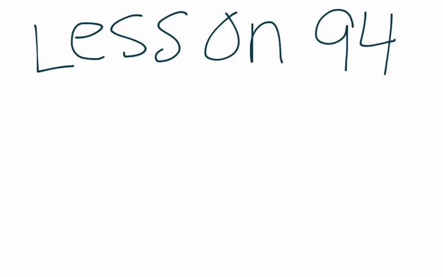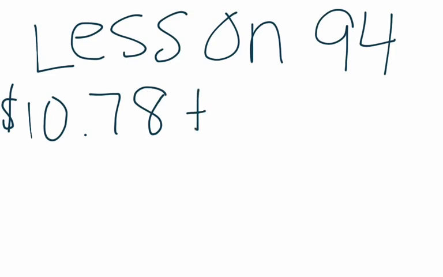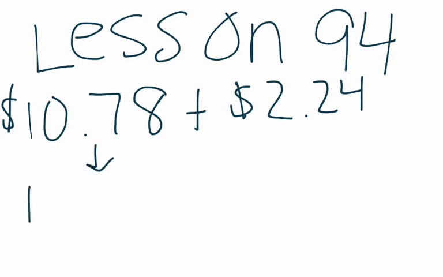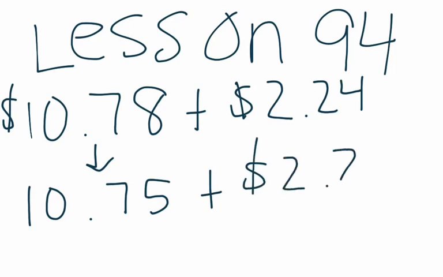I have $10.78 plus $2.24. This number is really close to $10.75, and this number is really close to $2.25. We're using things that we know, which are quarters and whole numbers. All right? So we can easily now answer this question by